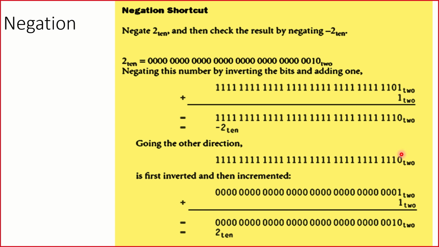Now we need to find out if we get the reverse one that we wanted to acquire, whether it is working or not. I have the result here. I'm going to negate it and add 1 again to it. So I got the question again. It is 2 base 10.